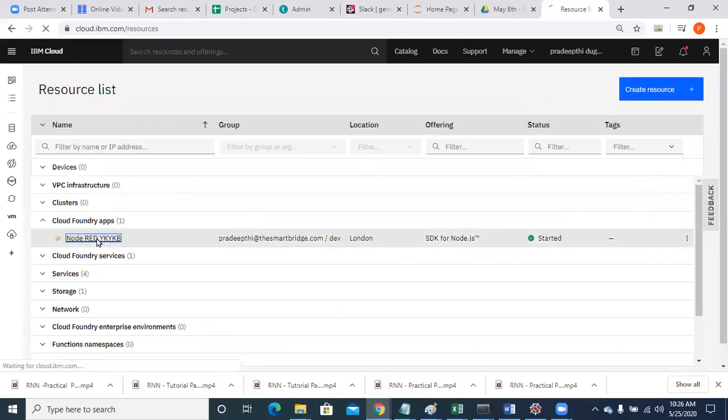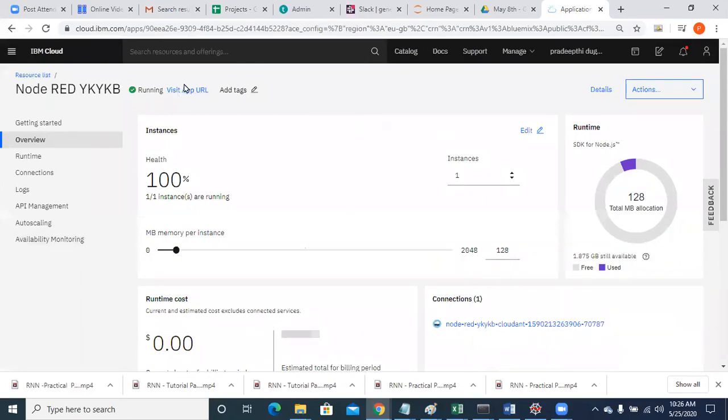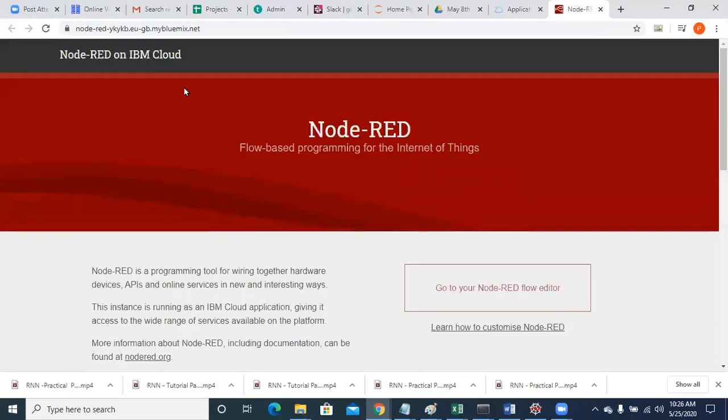Then click on your Node-RED. Click on visit app URL.